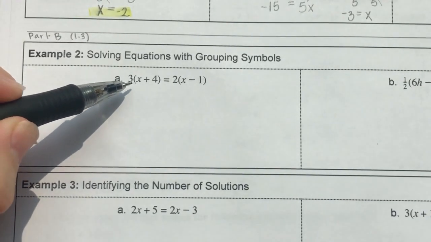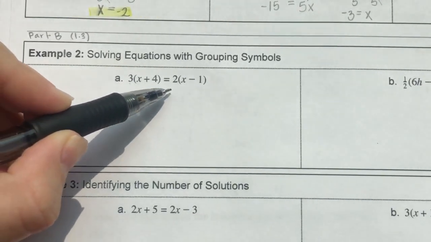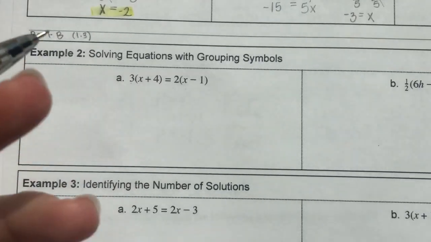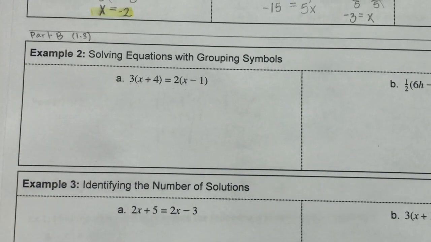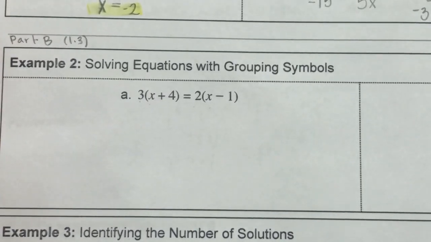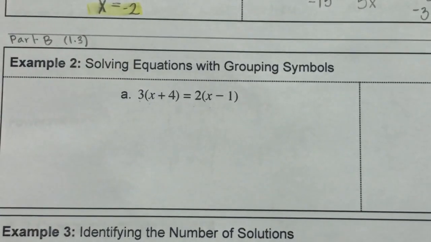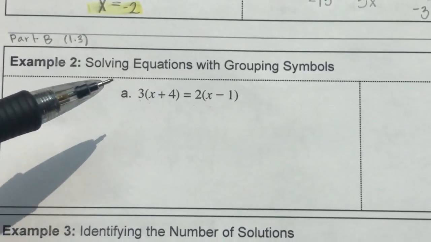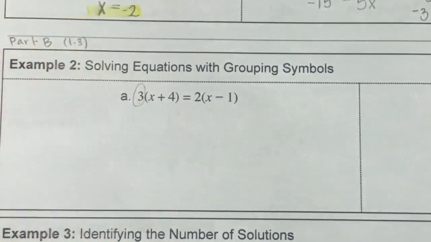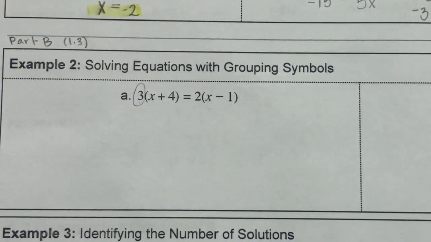So we have 3 times x plus 4 equals 2 times x minus 1. So before we can move things across the equal sign or cancel things out, we actually have to make sure that each side of the equal sign is simplified. And these aren't simplified because we can distribute on both sides. So distributing means taking the number in front of the parentheses and multiplying it by the terms inside of the